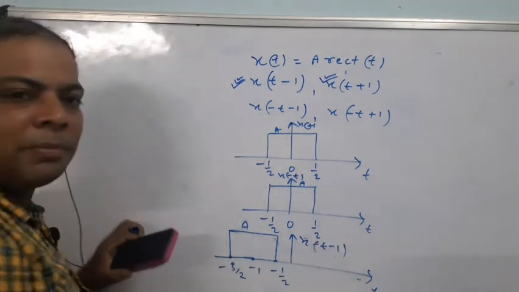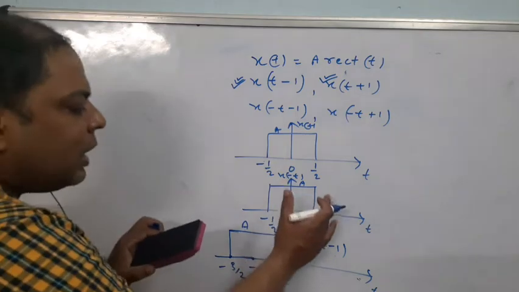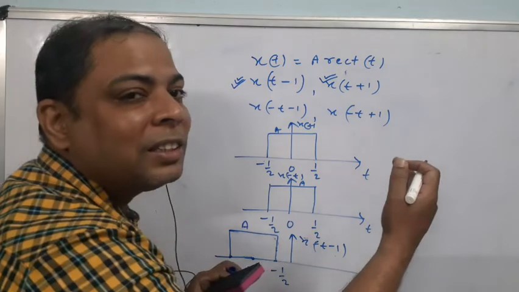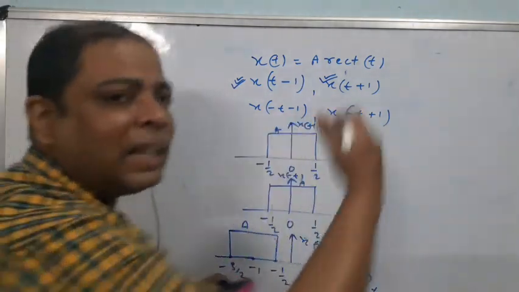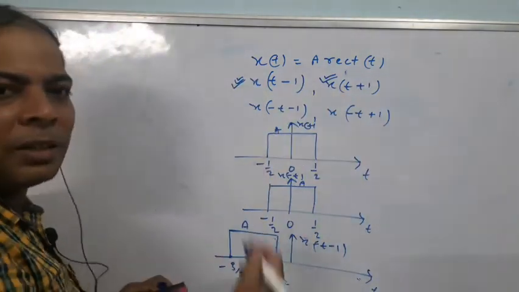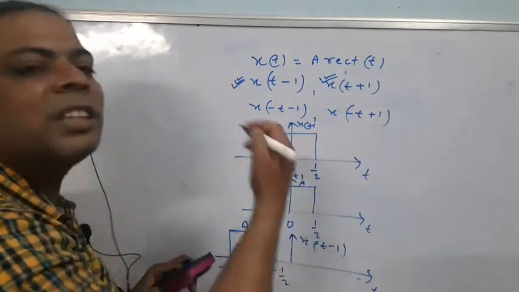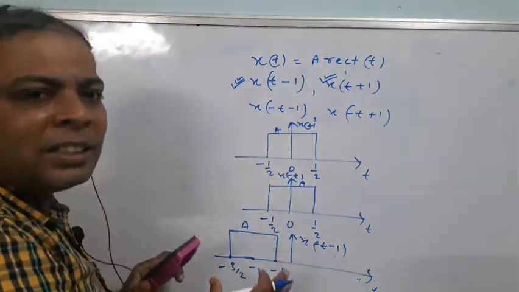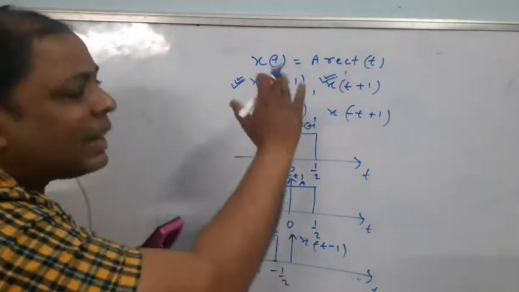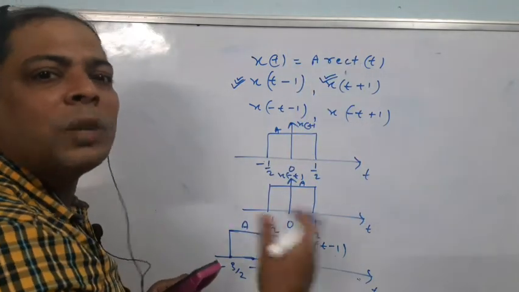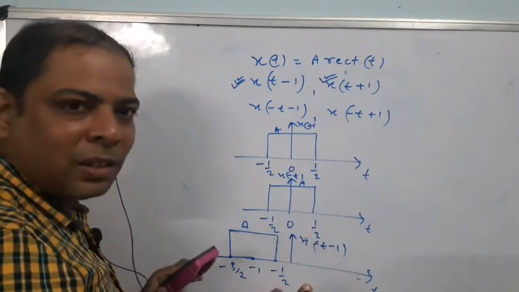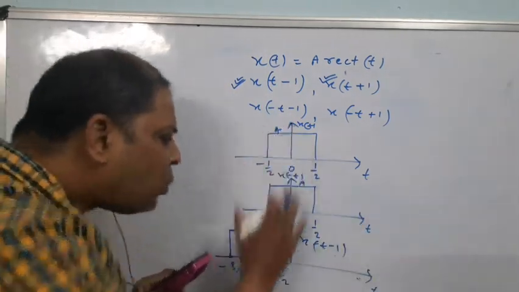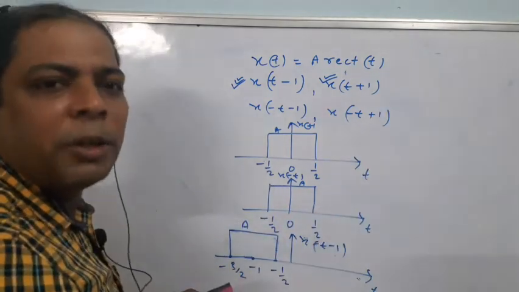Understood or not? First fold the signal, then you just shift. After folding, whatever the shift, it is just reversed: if a minus sign, then left shift; if a plus sign, then right shift. This is a beautiful concept. Very quickly you can plot by knowing this. This is a trick you can say, but how to plot exactly, that idea I provided in the last 2 classes. So after the detailed discussion, I am providing a trick on how quickly you can plot whatever question is given to you.